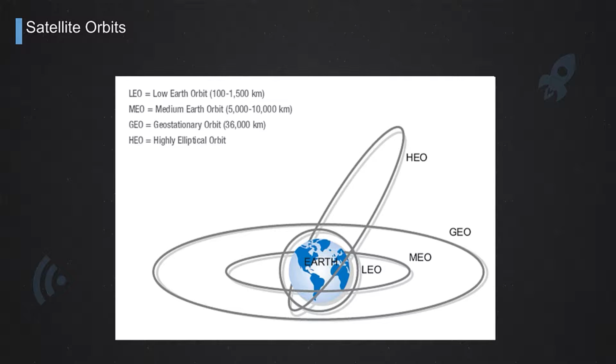There are also the so-called highly elliptic orbits, HEO, which are characterized by the fact that the orbit itself is very elliptic. Remember that all orbits are elliptic by definition, because they follow the Kepler laws, and the Kepler laws say that the orbits are elliptic, but the circular orbits are just a special case of elliptic orbits. So geostationary orbits are basically circular, while the highly elliptic orbits are normal, I would say, elliptic orbits,